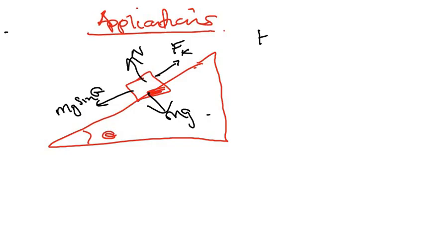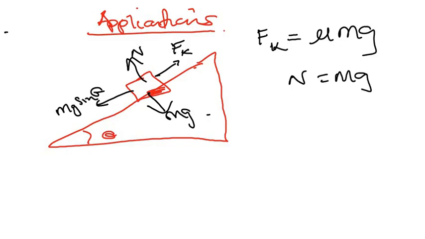Okay, so we're just saying the frictional force is mu, then mg. We know normal force is equal to mg. Then we're saying the winning force is mg sine theta. Friction is losing, because either way this thing ends up moving down. So the winning force is mg sine theta minus friction, which is mu mg,